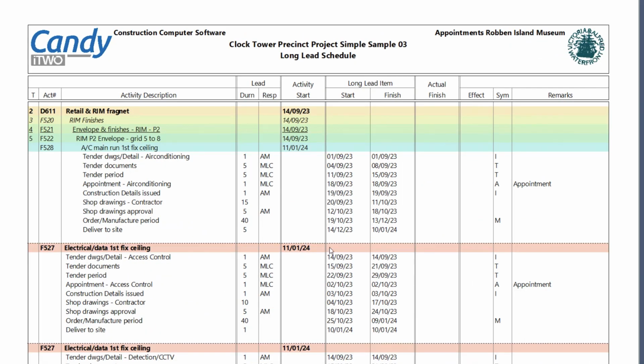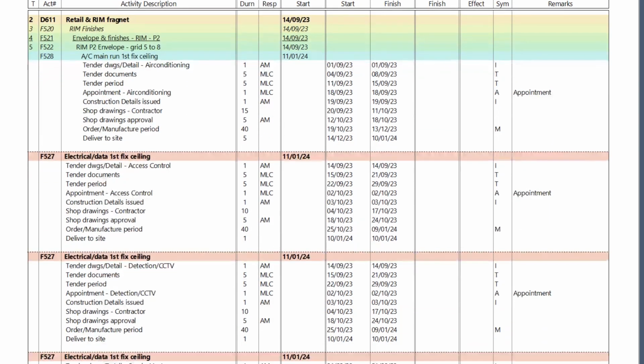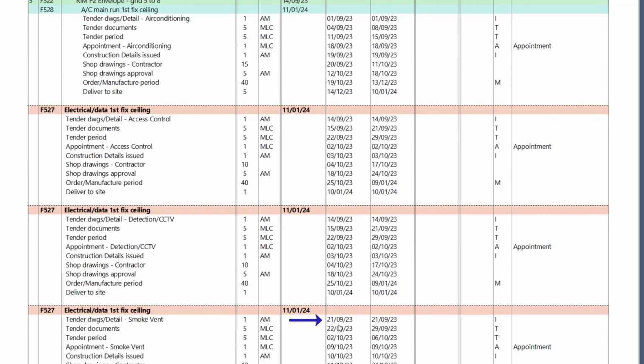Right, and now we can see things have been moved up. So air conditioning tender detail starting on the 1st of September is the first in the list. The electrical data or access control is required on the 14th, but the CCTV is also the 14th, but the smoke ventilation